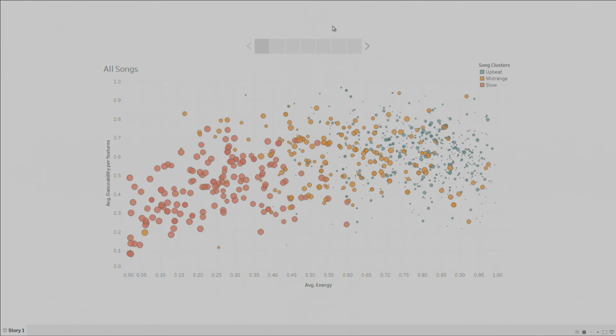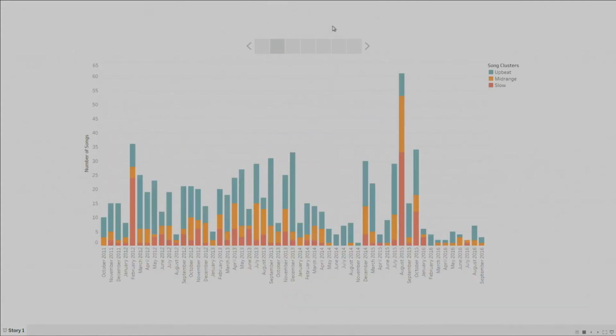So I broke it down into 3 main clusters. I've got my upbeat songs up at the top here. And then we've got my sort of mid-range songs here, and then finally a little bit of the downer songs on the bottom over there. What I found interesting here is we've got a sort of parabolic shape. So high energy songs, really high energy songs, are apparently a little bit more difficult to dance to. So something we learned there.